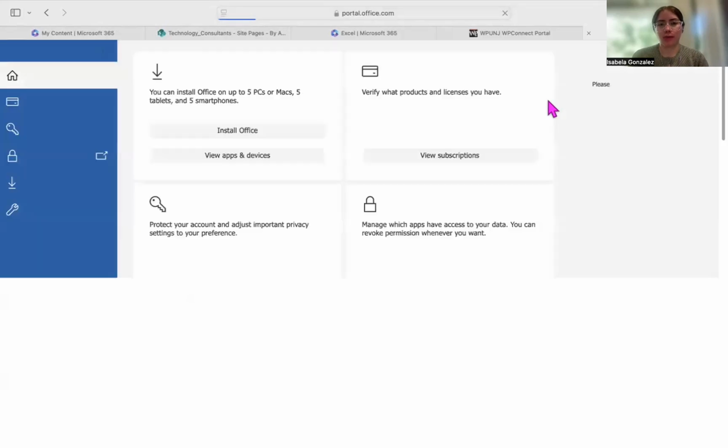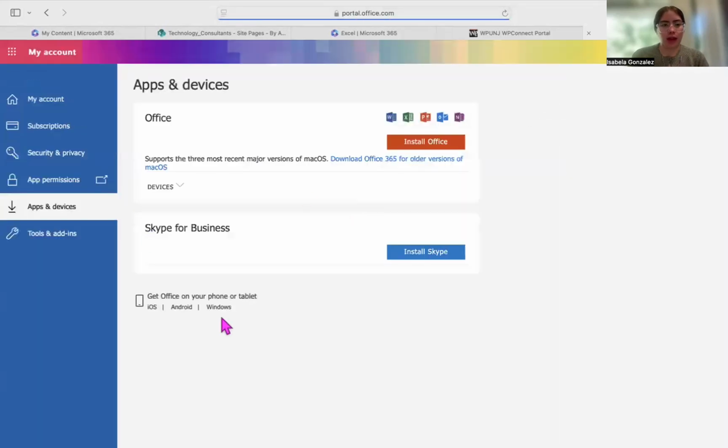Once you press that, another tab will be opened, and we wait. And here you'll have an option to install Office if you have a newer Mac. If you don't, you want to download Office 365 for older versions of MacBook. In my case, I'm going to press Install Office,